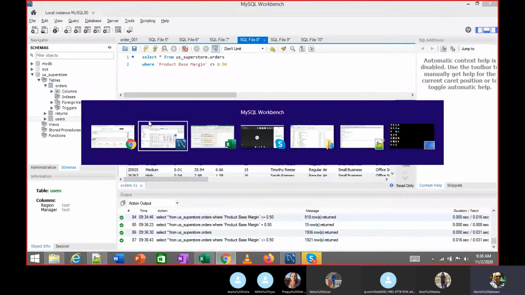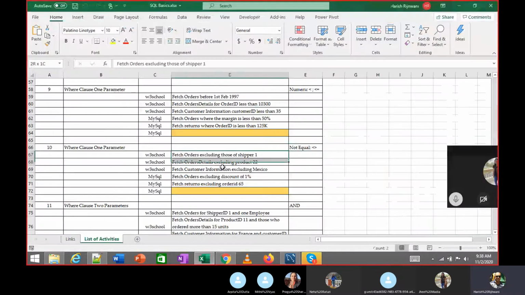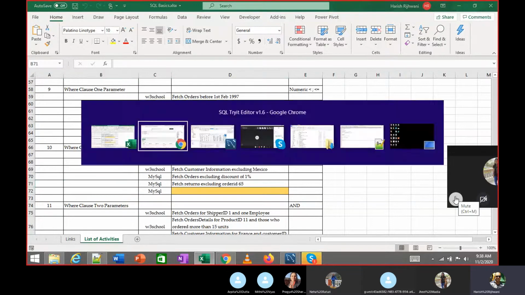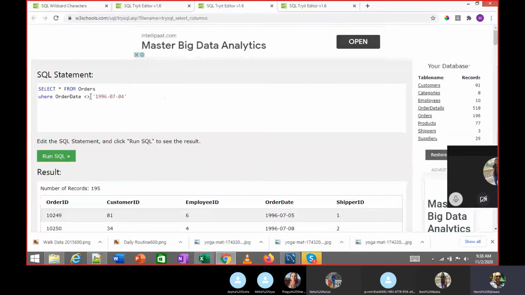So can you try this? Try these. Got the symbol, right? The symbol is less than and greater than together.